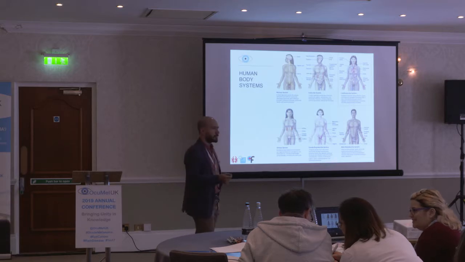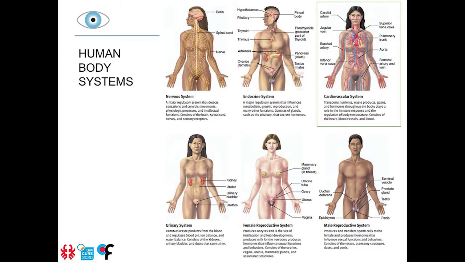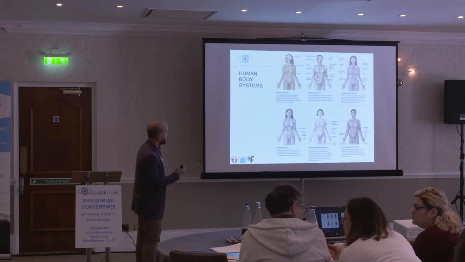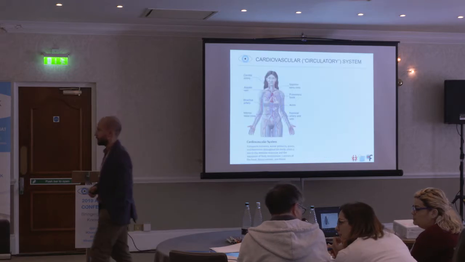The endocrine system is essentially constituted by the organs that produce some proteins or other kinds of messages that are released to the bloodstream and go to all the body to control temperature and the production of some elements essential to life. And the cardiovascular system, which we also look at in detail after these couple of slides. And then the urinary system and the female and male reproductive systems.